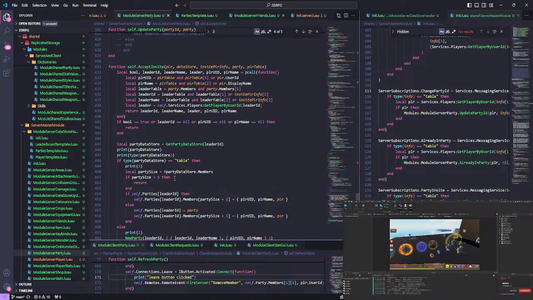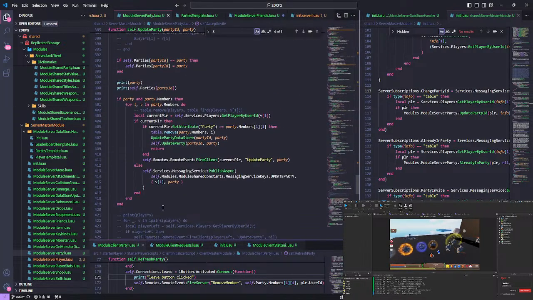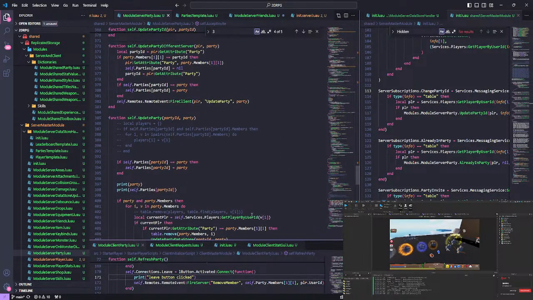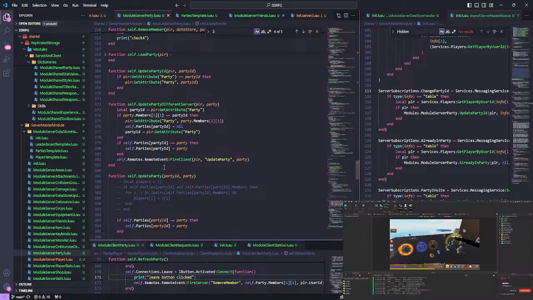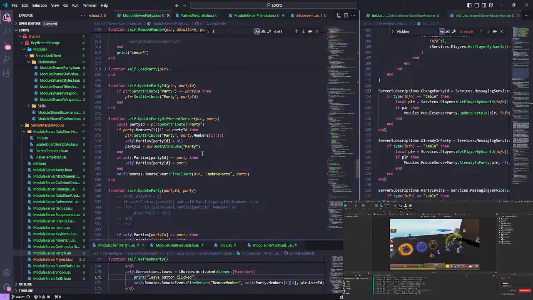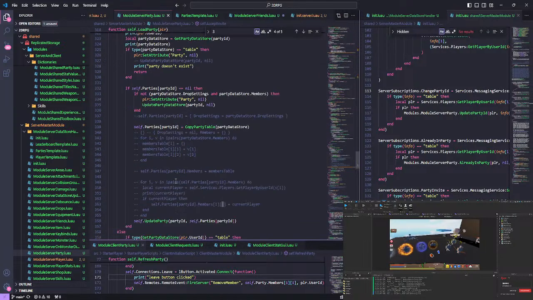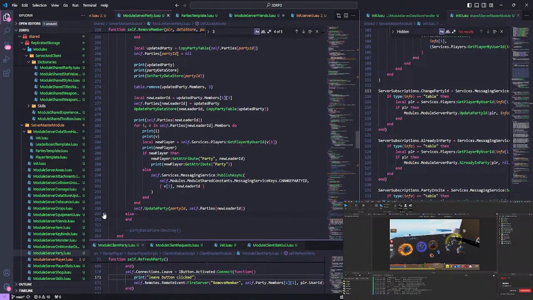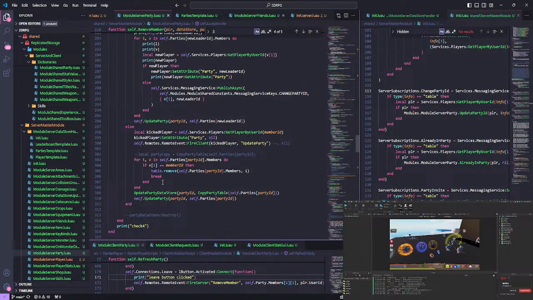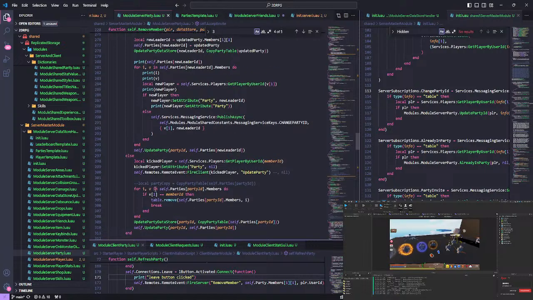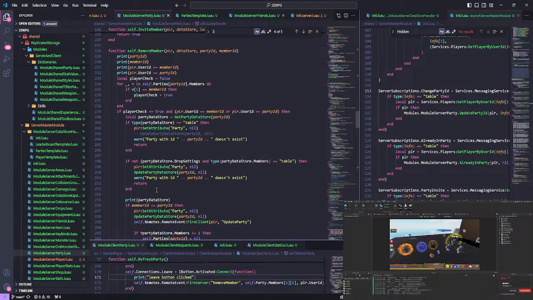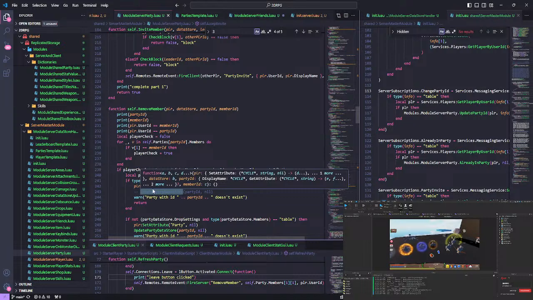Let's see. We go. I think the only thing left now is the client side of this. And the client side of this is basically if you are in a server and you have party members that are not in your server, your party members show up gray. Or this is an awkward thing actually. If you are in a server,